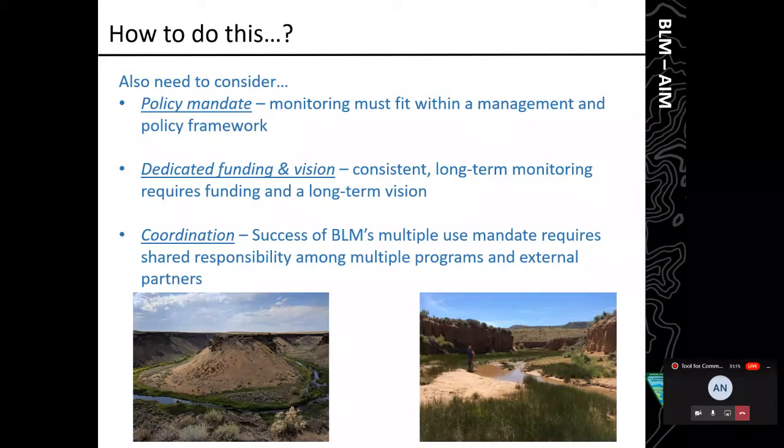The idea of dedicated funding and vision: consistent long-term monitoring requires funding, and it's best when it's not just figuring it out year after year, but you have a long-term plan for funding that ties to your vision. And lastly, this idea of coordination, that a lot of what we do in natural resource management, especially under BLM's multiple use mandate, requires shared responsibilities among programs, both within our agency and externally with our partners.